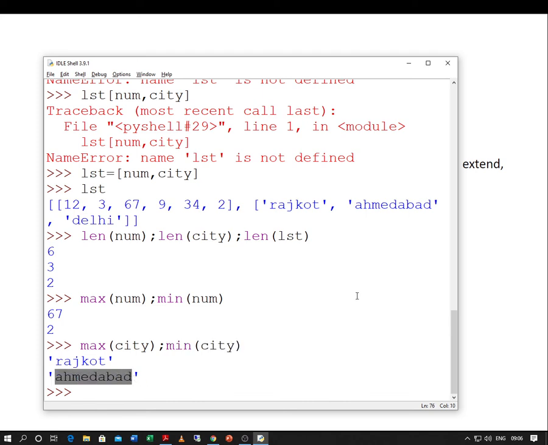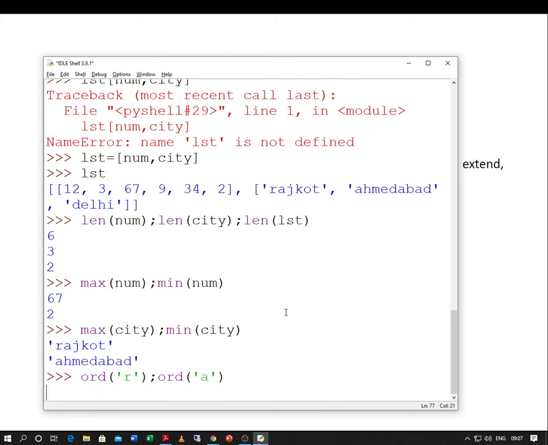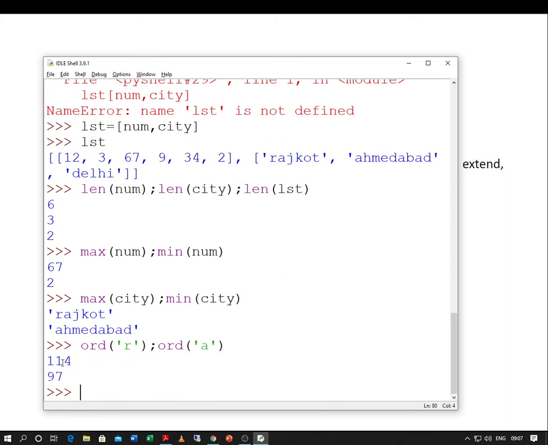So what basically is it trying to do? For that I will show you something. There is one ord function in Python which gives the ASCII value of the character. Let us try to check the ASCII value of both of these characters, and we get 114 and 97 respectively.